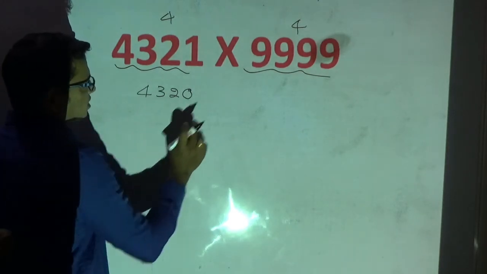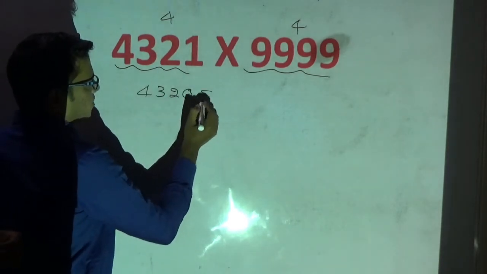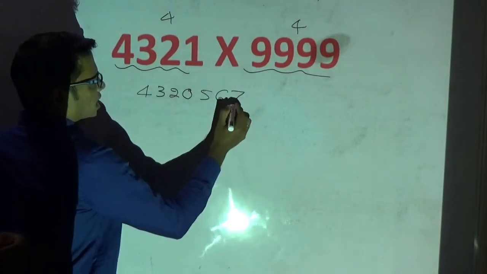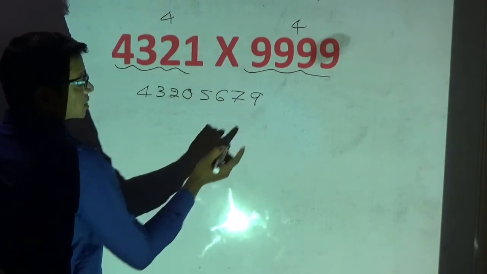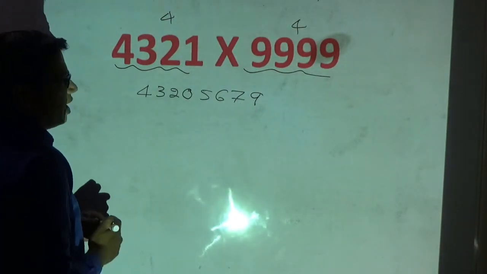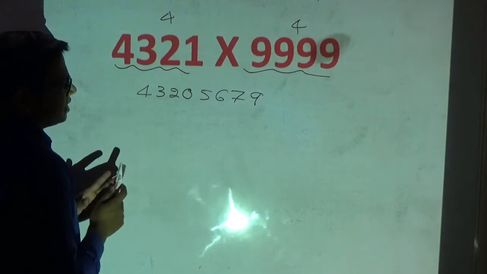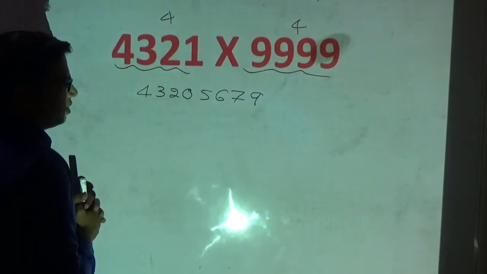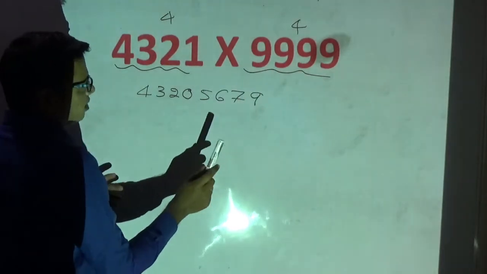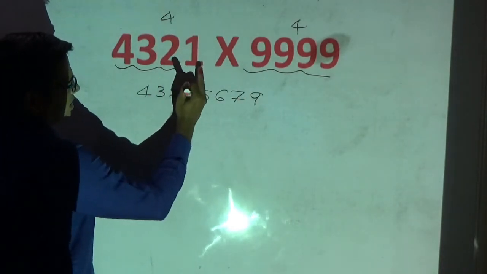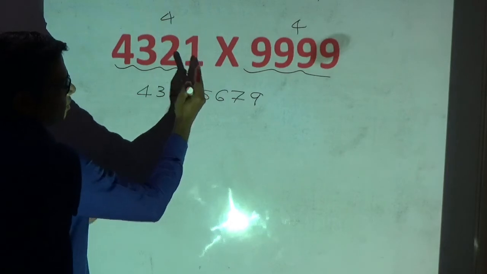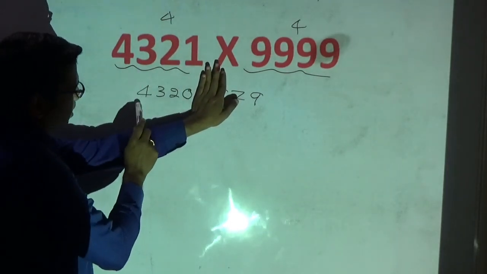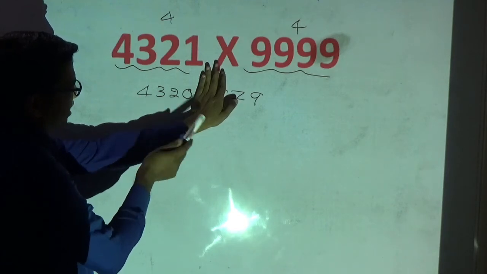The next half of the answer is 9 minus 4 is 5, 9 minus 3 is 6, 9 minus 2 is 7 and 9 minus 0 is 9. This method you can apply for only this case. Okay, what is the case? The number of digits in the multiplicand is the same as the number of 9s in my multiplier. Okay, don't apply all by 9 and last by 10. After getting half of the answer, you subtract all the digits from 9 only to get the remaining half of the answer.